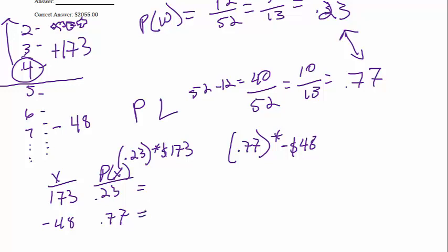So 173 times 0.23 equals 39.79. Or I have negative 48 times 0.77, and that equals negative, actually it should be on the inside,